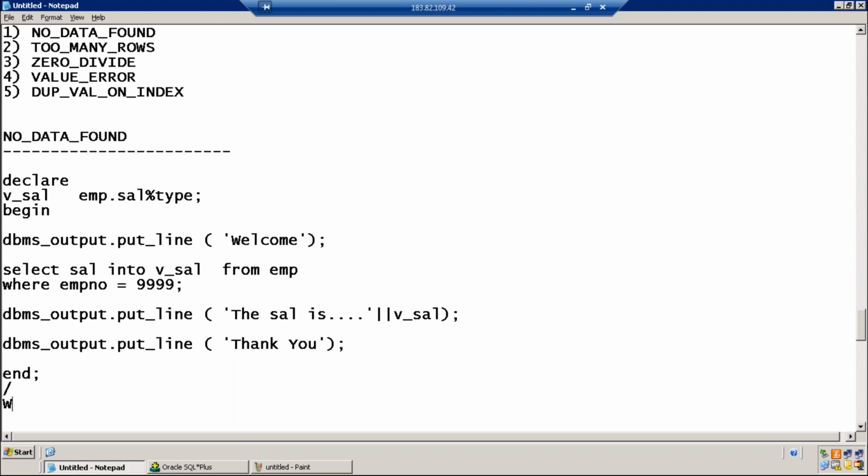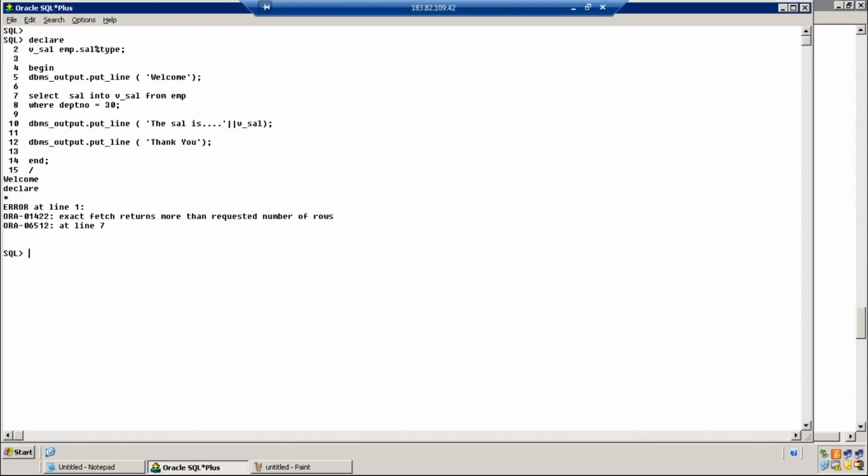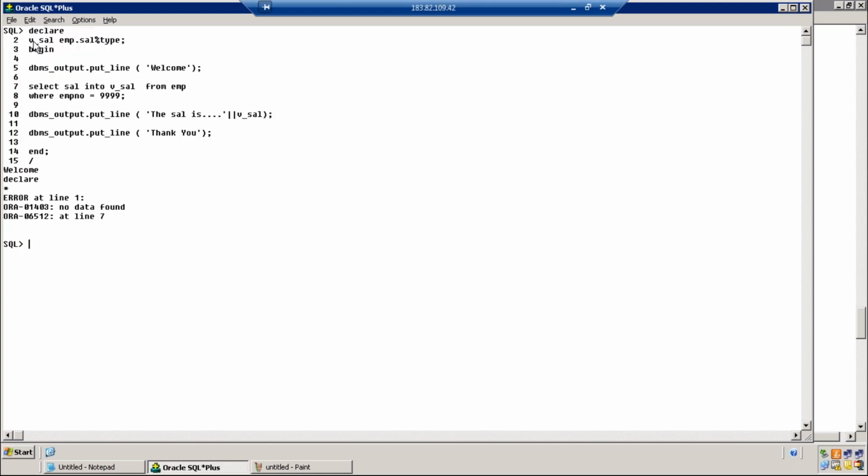What is the output of this program? Zero rows. First, welcome. Then it will error. The program has been terminated abnormally. Now, why the program has been terminated abnormally, you should understand the reason. Welcome, and then you got an error.